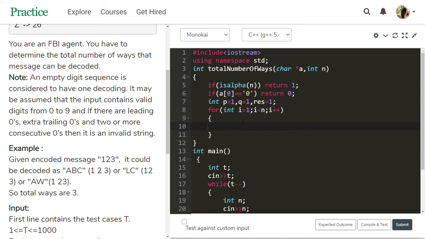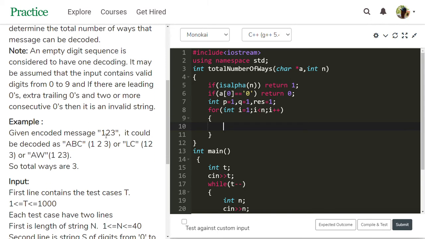See, if it is one digit other than 0, then it comes to this part. This already 1 is completed, it is considered as 1, then check with 2. By observing this, we need to take the previous calculations.